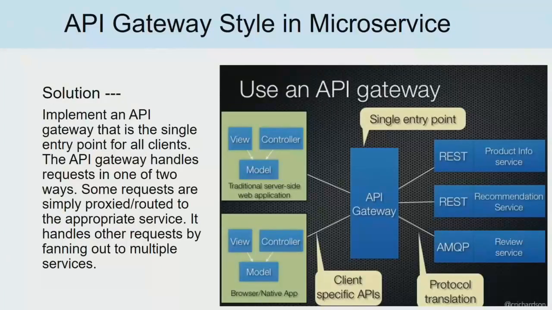So this is one example. The API gateway is a single entry point for all your clients to your microservice infrastructure. The role of the API gateway is two things. First, it can be a traditional router where you get a request and send it to some microservice. And second, it multiplexes a request from the client and creates multiple other requests to different